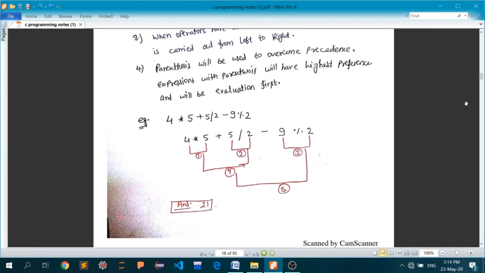Floor and ceiling are the two concepts. If you use the ceiling concept, the decimal or float value will be rounded up to the nearest higher integer. That is, if it is 2.5, it will be considered as 3, and if we have floored the value, then 2.5 will be considered as 2. So the result of 5 divided by 2 will be 2,